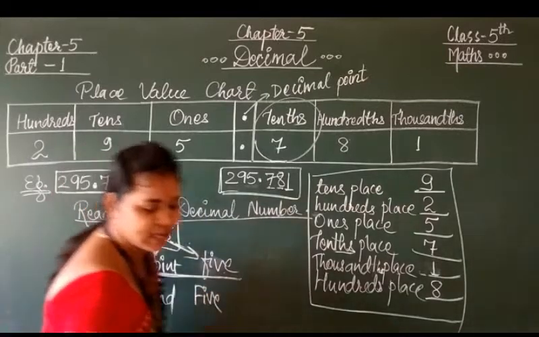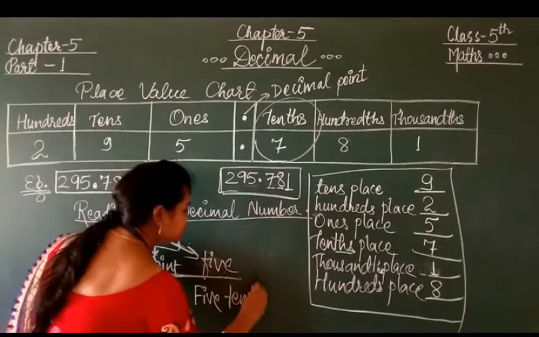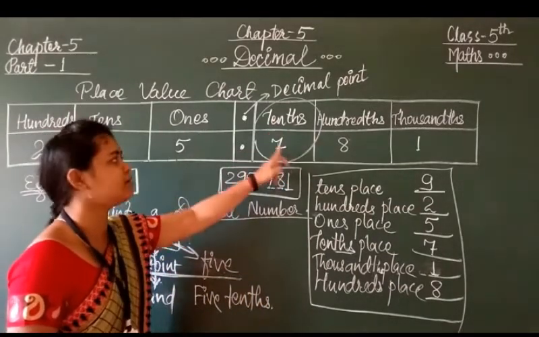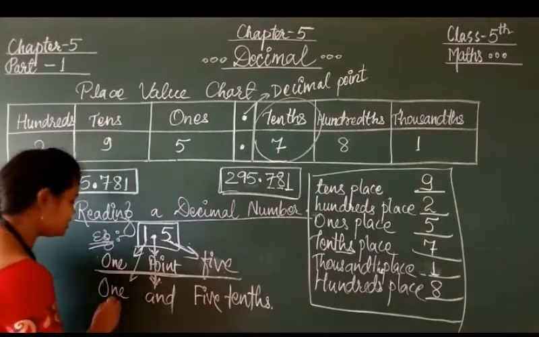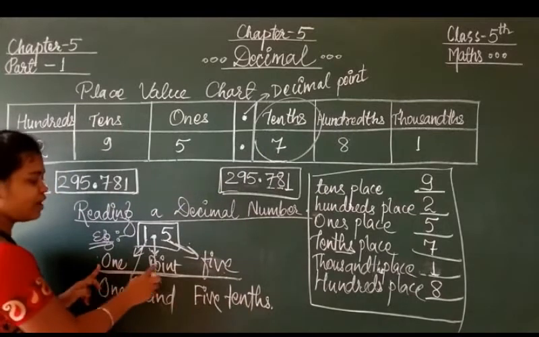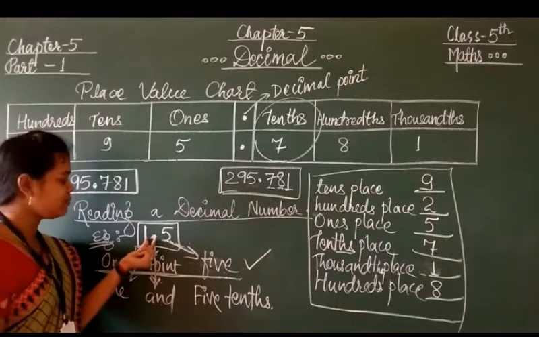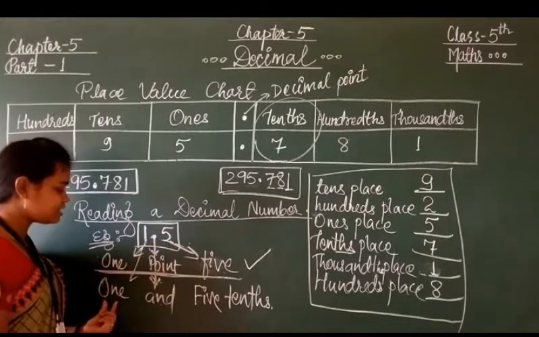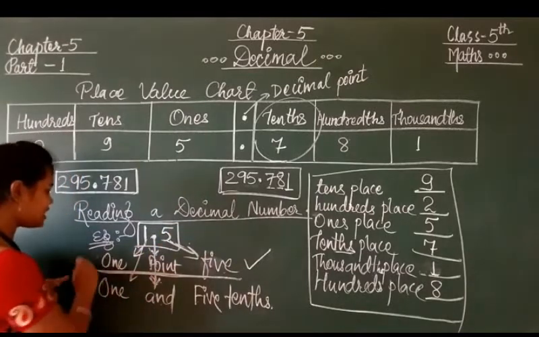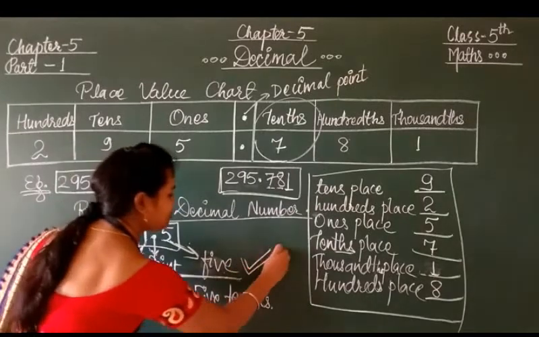5 here. Okay, and after that we will write tenths. As you know very well that after decimal we read the next place as tenths. So this will be read as 1 and 5 tenths or 1.5. So the better way is 1.5. So 1.5 is the easy way and the next way is 1 and 5 tenths. So two ways are there for reading the decimal number. So it is better to prefer this.